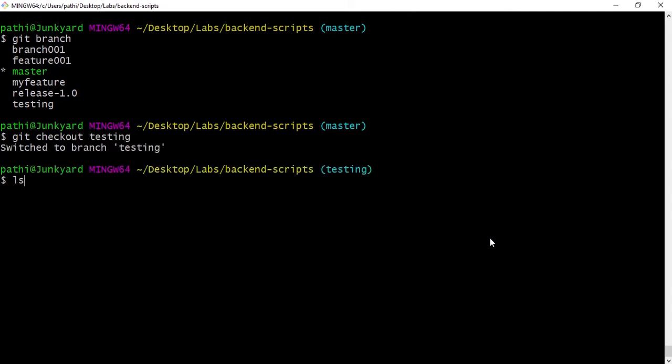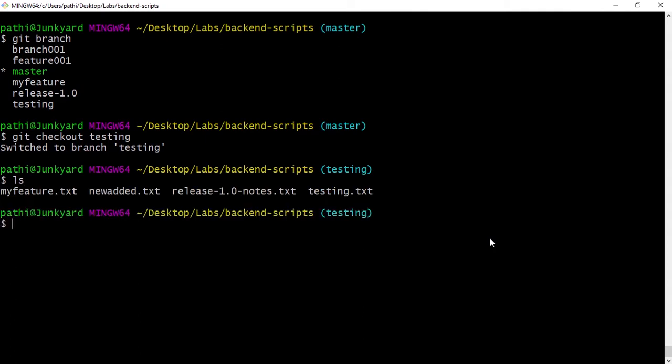I'm in the testing branch and I have a couple of files. Now let me add a file and then rebase it with the master, or rather, let me make a couple of changes, a couple of commits onto the testing branch and then rebase it to the master. For that, let me quickly add some files.